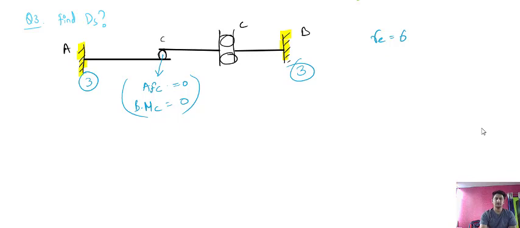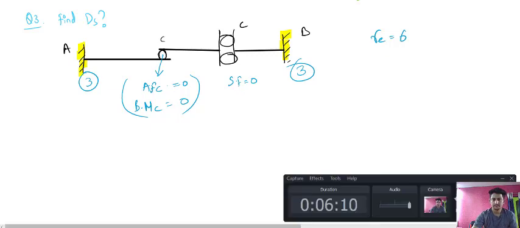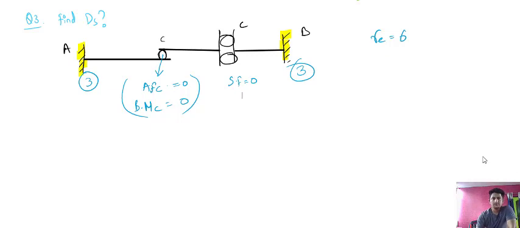And in this case, this is another internal roller which is provided vertically. In this case one equation is released, that is, shear force is 0. Okay, if this internal roller had been provided horizontally like this, then the axial force would have been 0. Now if it is provided vertically, in that case shear force will be 0.